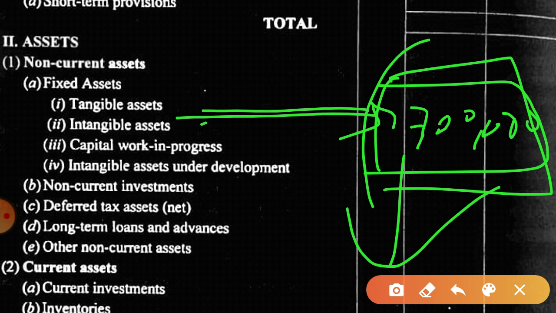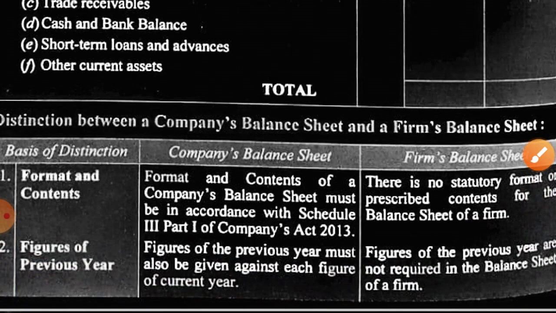Is this clear? Like if non-current liability is there, then the first subhead will be long-term borrowings. Okay, then long-term provisions will come. Now if any item is missing, you can skip that item, no need to show it. But if you are interchanging, like showing current liabilities prior to non-current liabilities, then it is incorrect. I hope it is clear to you. So this is the format and explanation.